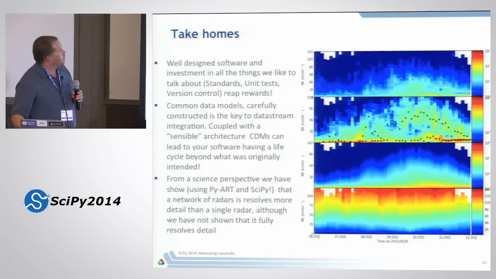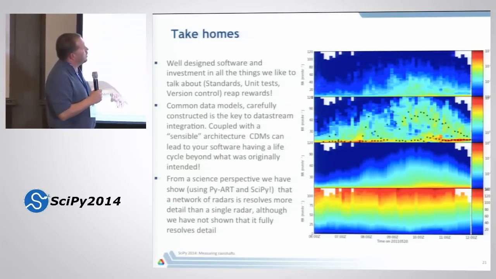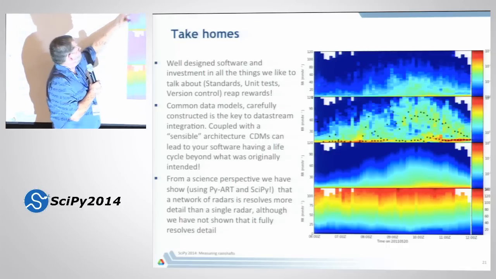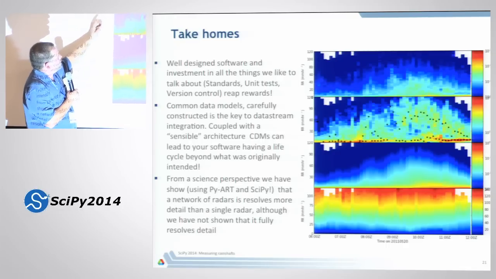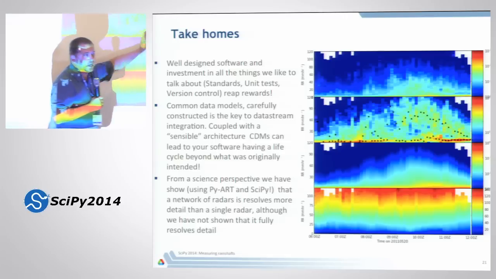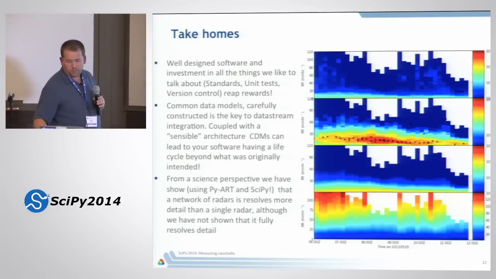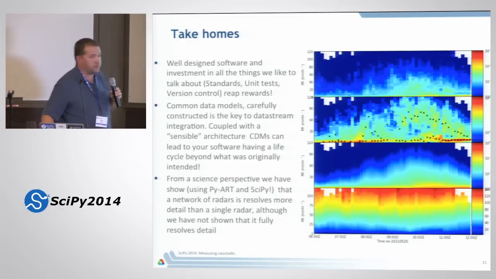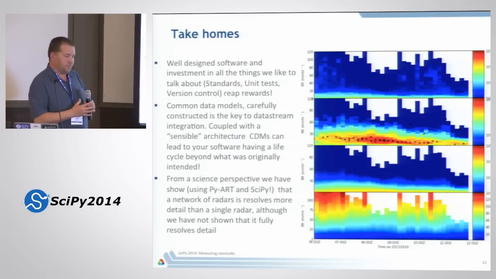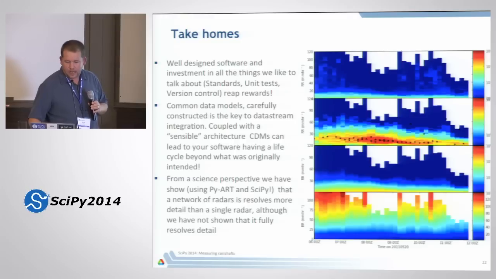Very briefly, and I'm skipping fast now because I'm trying to cover a lot of material, we can also apply this in time. This is an event that came through. This is that same rain rate, number of points as a function of rain rate, and this shows some very nice temporal continuity as well. And we can also look at it from a model. So this is what we observed with our radar, and this is what a model showed. And it showed a much blobbier, not well-defined rain rate map there.